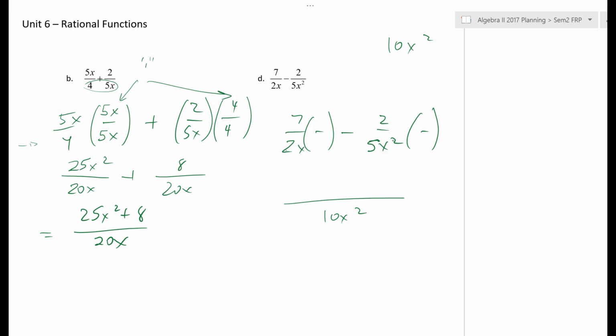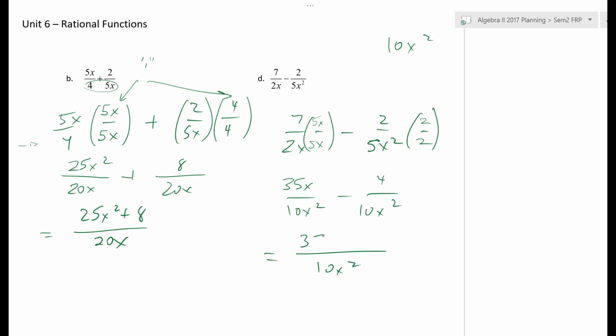So then the question is, for each one of these, what do I have to multiply by to get to 10x squared? Well, 2x goes into 10x squared. I'm going to need a 5 and another x, 5x, to get to 10x squared. That's just going to be simply multiplying by 2. So this will be 35x over 10x squared minus 2 times 2, which is 4, over 10x squared. I have my common denominator, so 35x minus 4. So I've accomplished my objective of simplifying this to one common expression by using that same kind of technique that we used for simple